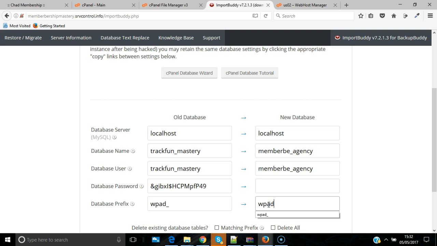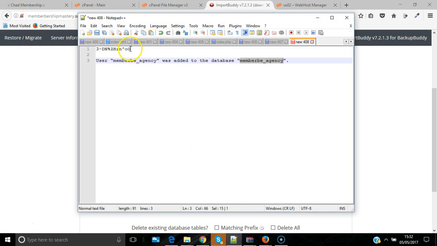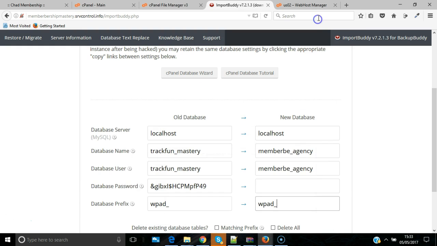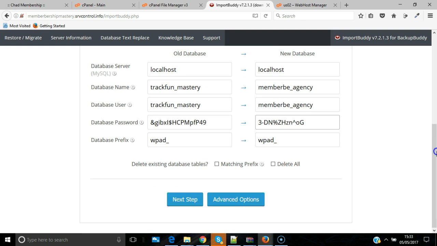Now I'll get the password that we set up, which is this one here at the top. As you can see, very nice, strong, secure password. No risk that someone is going to be able to guess that and hack into your site or into your database. Having filled those pieces of information in, I can click Next Step